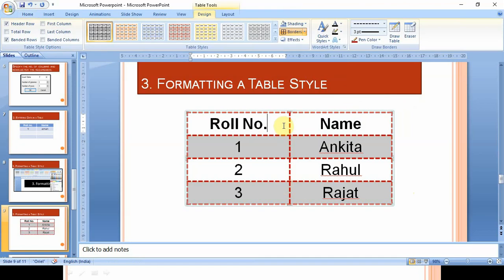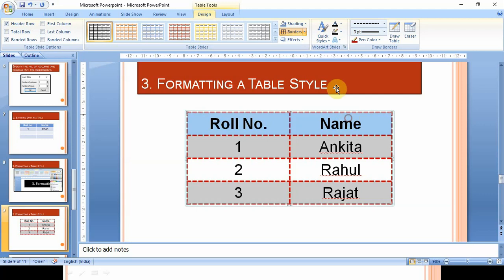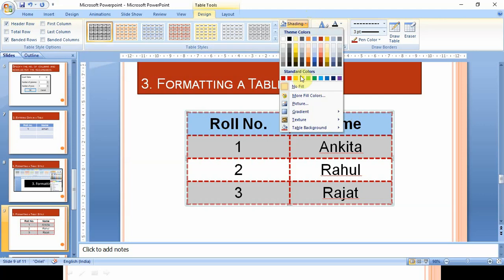Now, when I click on my table, see there is also an option of shading. If you want to apply some shading at the background of your table, that you can also do. Since only one cell is selected, that's why it is showing only that. If you want to apply it for the whole first row, we can go for the shading and select the color that you want as the background.